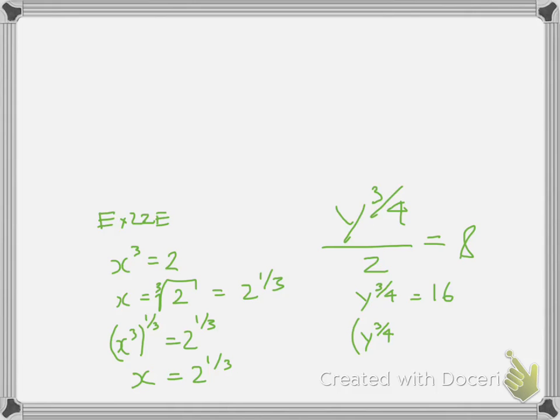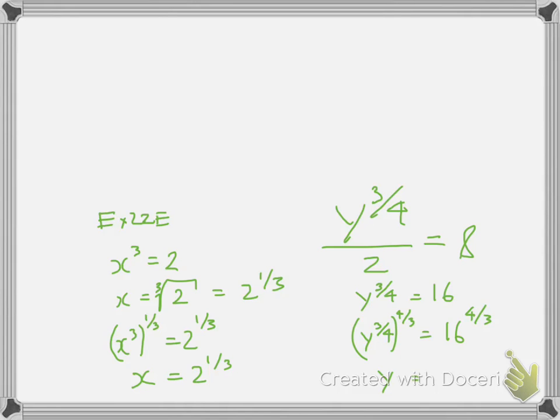The left hand side gets taken to the power 4/3, and the right hand side also gets taken to the power 4/3. On the left hand side now I've just got y. If you multiply those two fractions together they leave you with 12/12, which is 1, and on the right